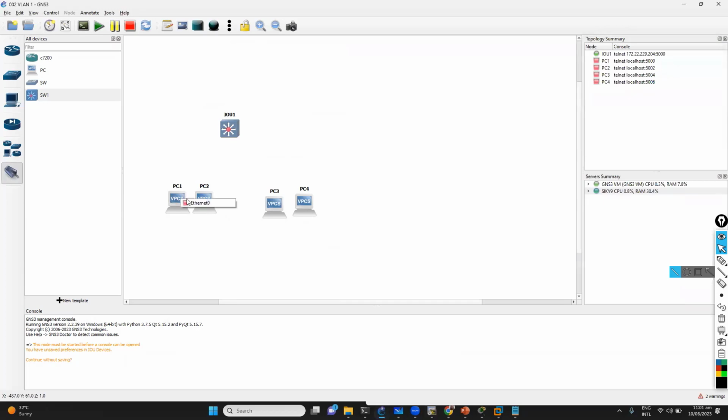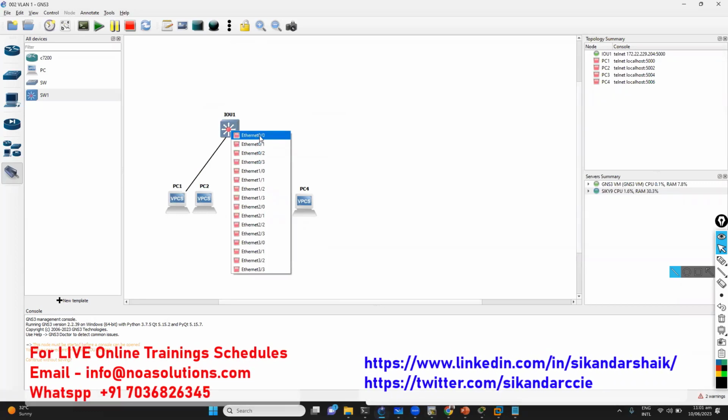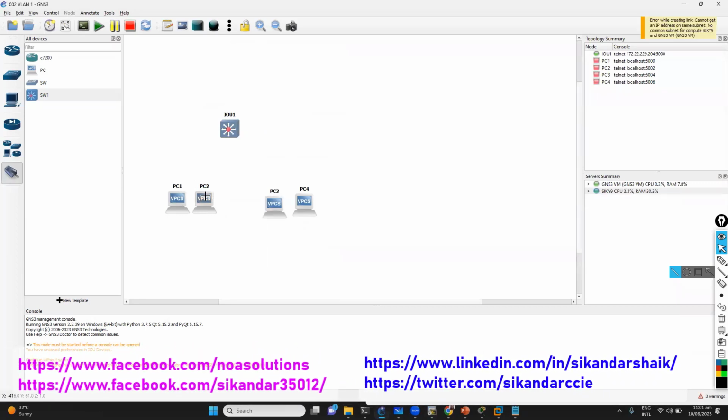And we can also do the connectivity. While you're doing the connectivity, make sure that you remember the ports, because we are going to assign them in the VLANs. So I'm going to connect E0/1 and